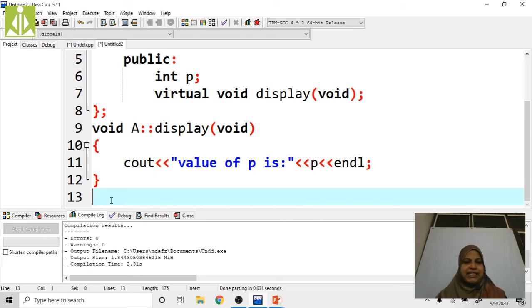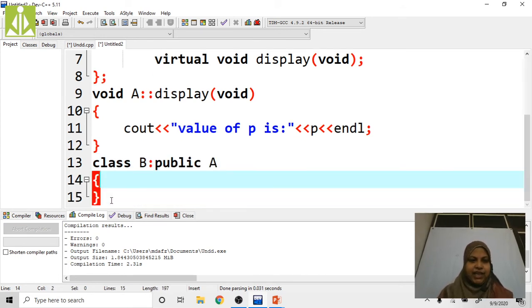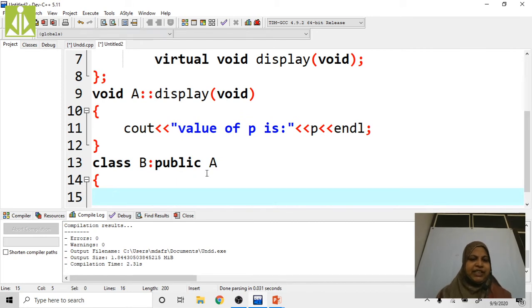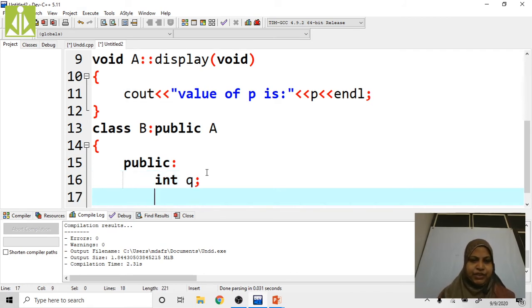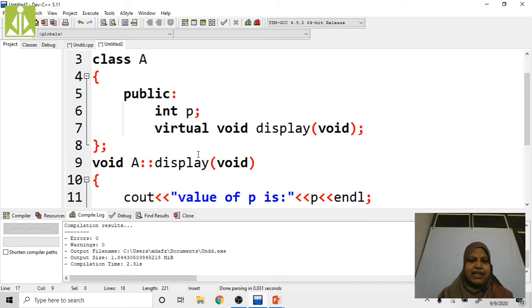Now, in the second case, I am going to declare this class B, inherited from class A in public mode, right? Now public: int Q. Here I am declaring one data member, that is int Q. Here I am going to declare void display.